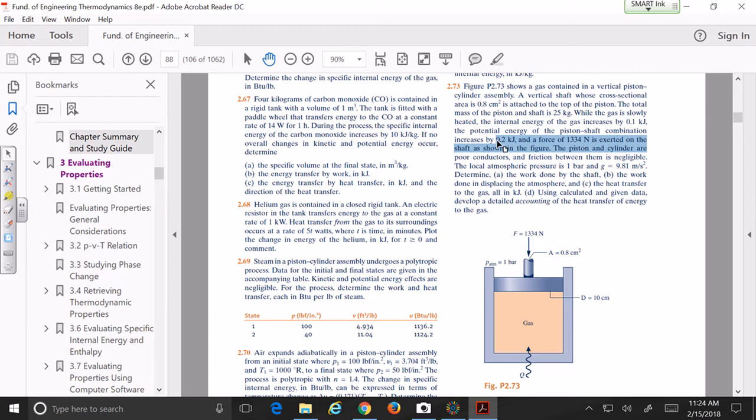Is that what it's doing? Yeah. So we're trying to find the h. And what they have here, 25 kilograms. But then that 25 kilograms plus piston. Okay, but they tell you the total mass of the piston and shaft is 25 kilograms. So